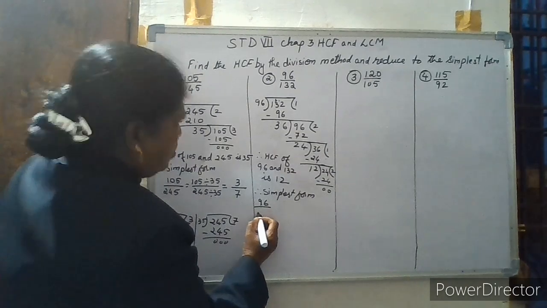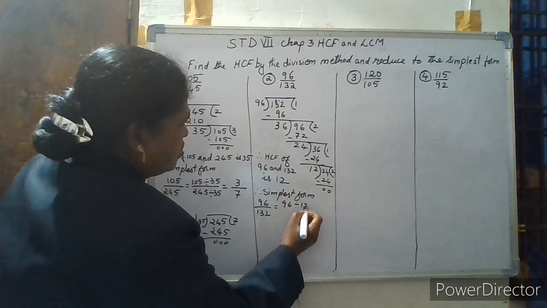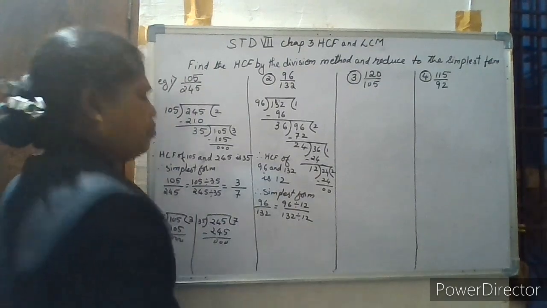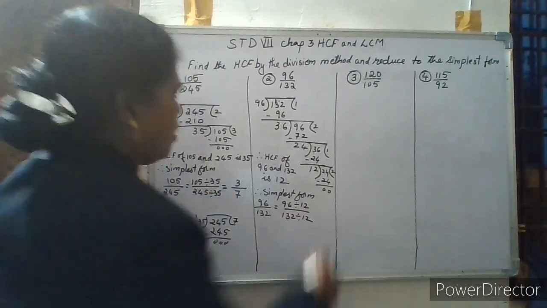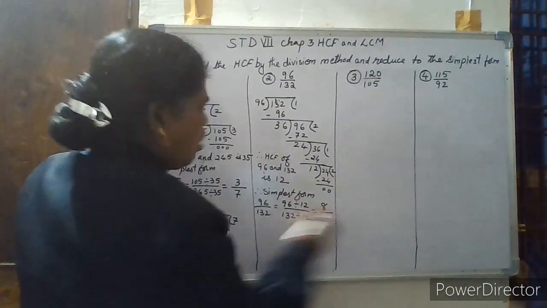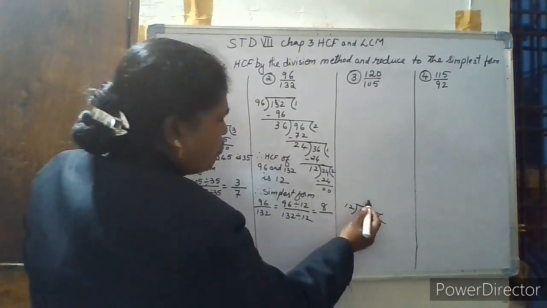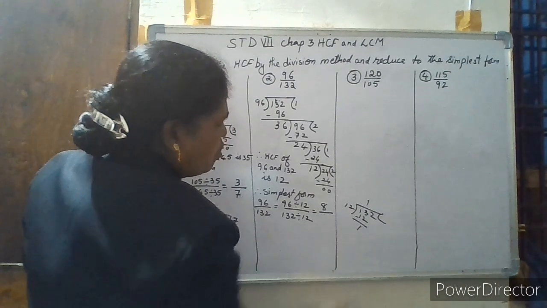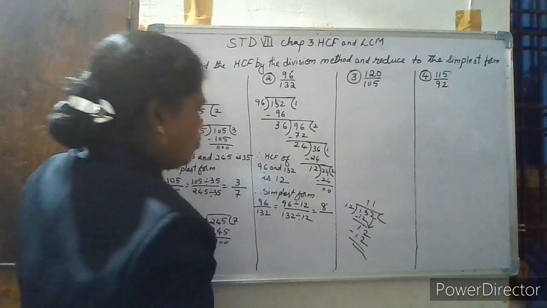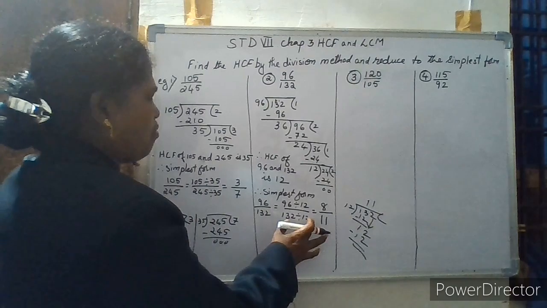96 by 132 is equal to 96 divided by 12 upon 132 divided by 12. 12 eights are 96, we know, so it is 8. Now 132, if you don't know, divide it by 12. 12 ones is 12, minus, 1 is the remainder. Bring down these two. Again 12 ones is 12, minus, 0. So the answer is 11. Therefore the simplest form here is